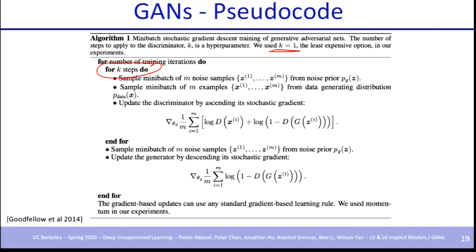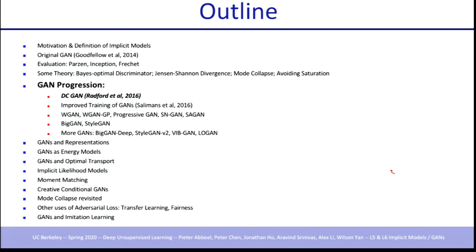Aravind, want to switch over to you? Cool. So you've seen the basics, the foundational math that lets you understand GANs. But as Pieter pointed out, if you just go to the old Goodfellow Theano code and try to run it now, you're not going to get the kind of results you're familiar with from the latest GANs. So let's look at what has helped make this progress. There will be a lot of emphasis on architectural and engineering details. But at the same time, we'll also give you some foundational ideas that have enabled these things to happen.